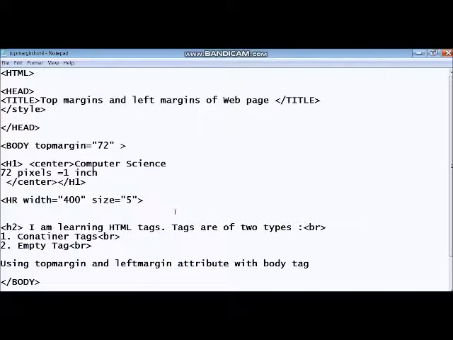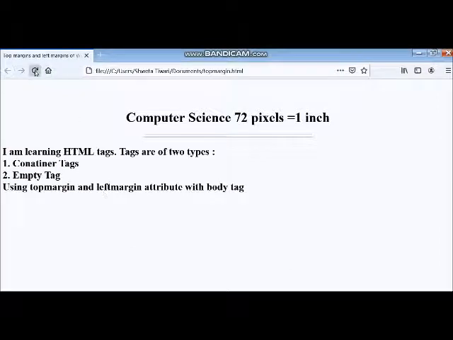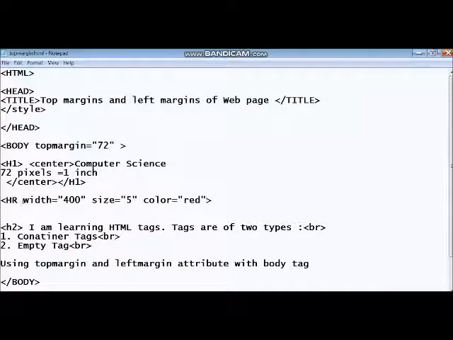And one more thing you can change, like color is equal to, suppose I write here red. See, the line of red color will be drawn. So with HR tag, what attributes can we use? We can use width for the length of the ruler, size for the thickness of the ruler, and color for the color of the ruler, meaning your line.